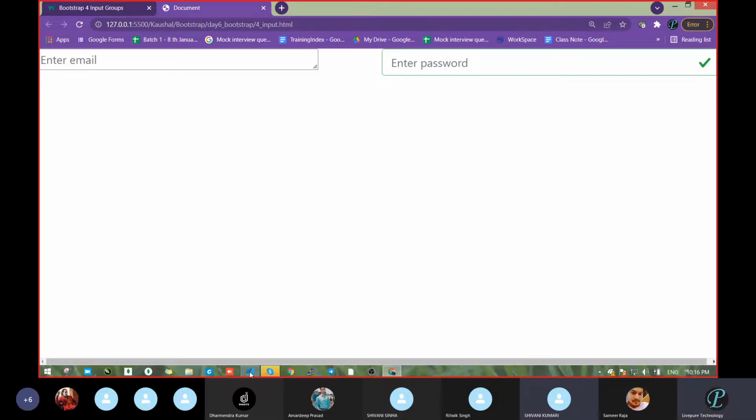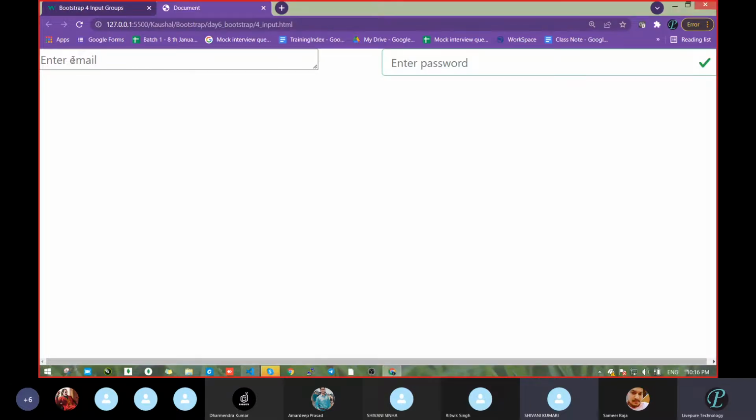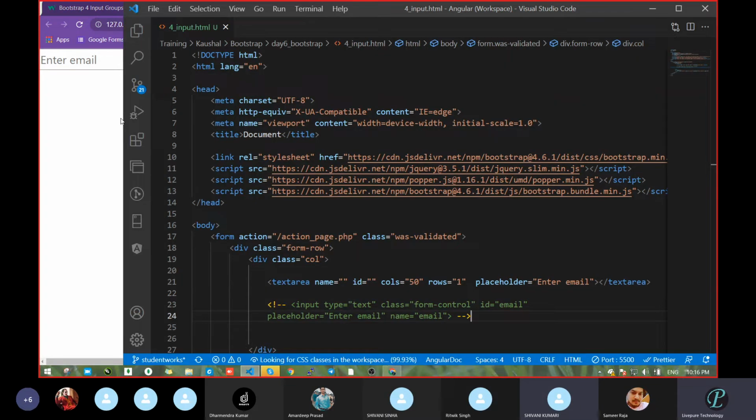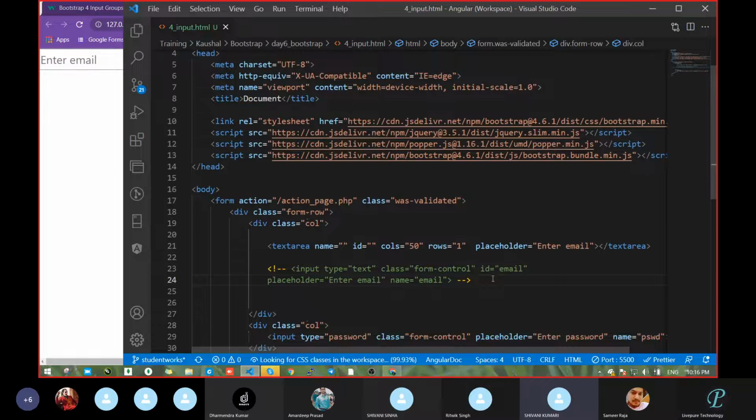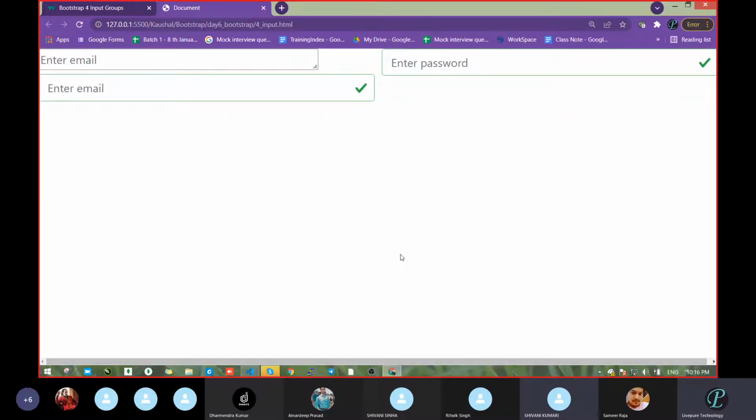Now, what I have done is I have taken a text area. Same thing, everything: whatever the control, ID, name, email, password, whatever is there, let it be. But here I have taken a text area. Is this correct or not? Previously it was type equal to text. So see the code. This one. Previously it is type equal to text. Now we have taken type text area. Are both looking the same or not?